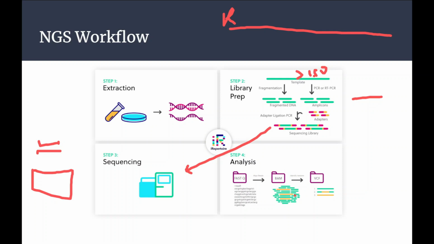And whatever reads we have collected and fragmented, we have many reads. Now what we have to do is map the reads against the reference genome. Wherever they find the complementary sequence, they are going to map. This process is called alignment, where we map our reads against the reference genome. This is the way to find the sequence of your query genome. So this is the reference genome, and this is your query genome.